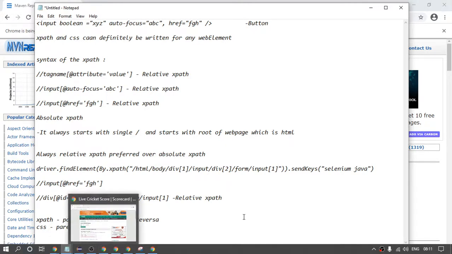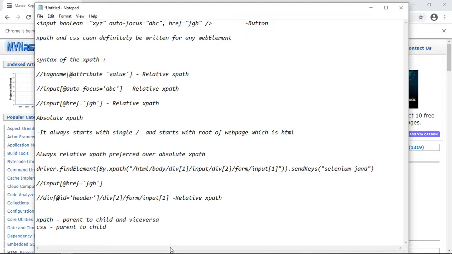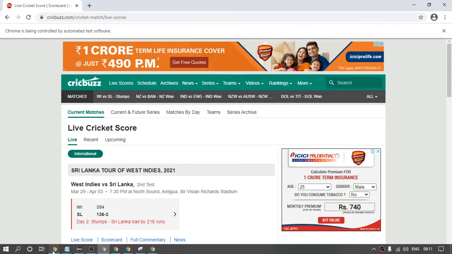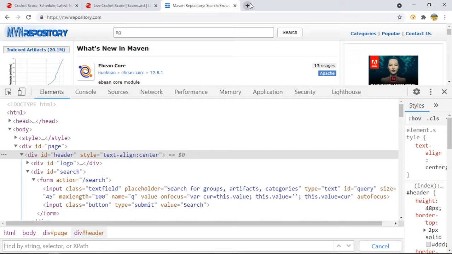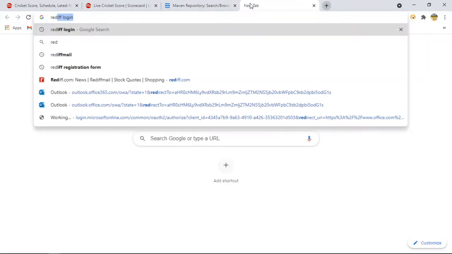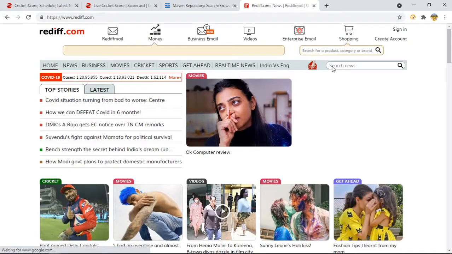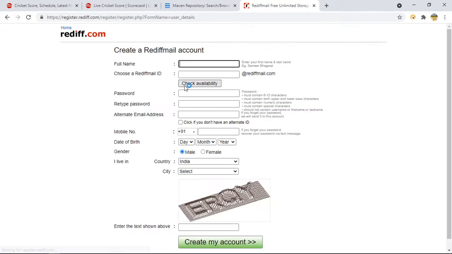Okay, so I remember one website where elements keep on changing. Not all, but one element you can see will keep on changing. This button value will keep on changing.